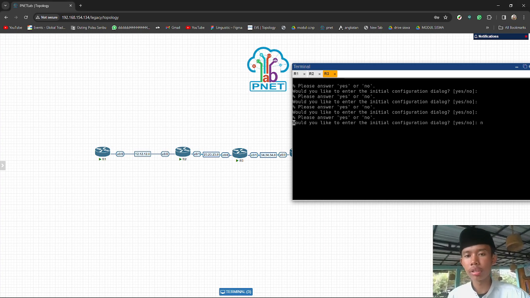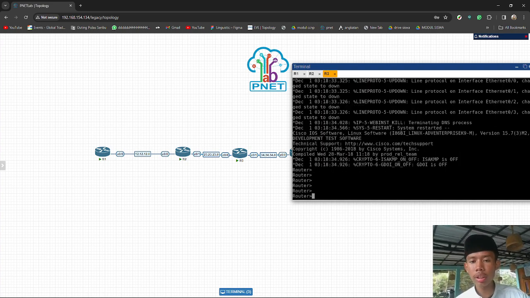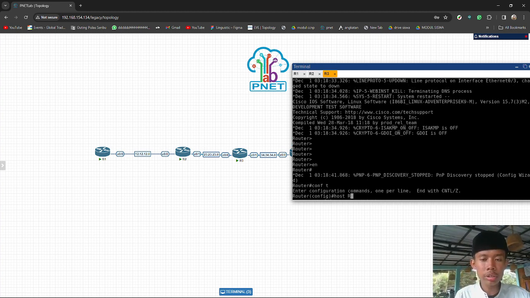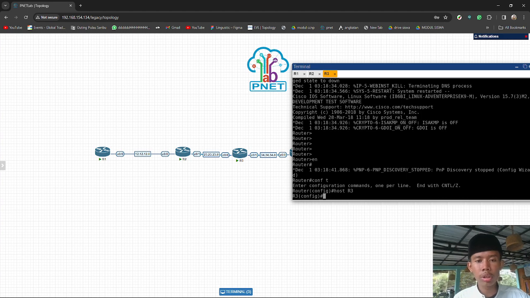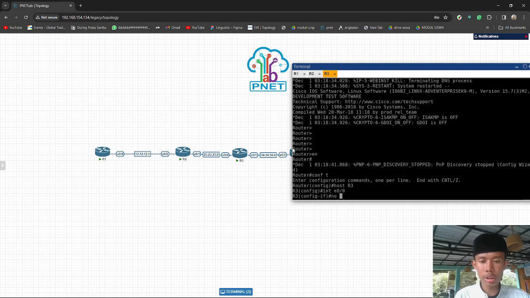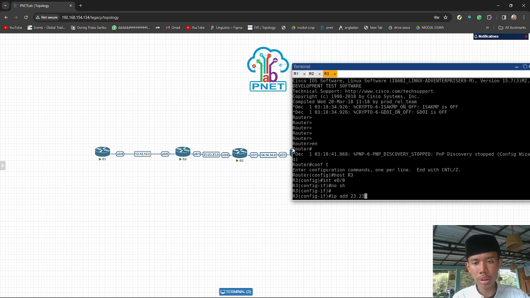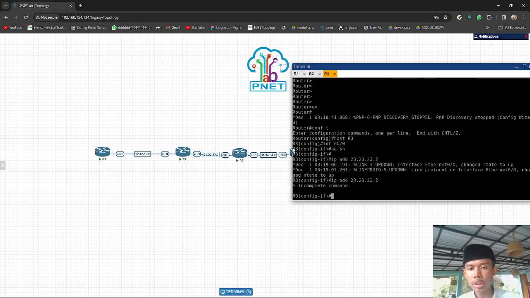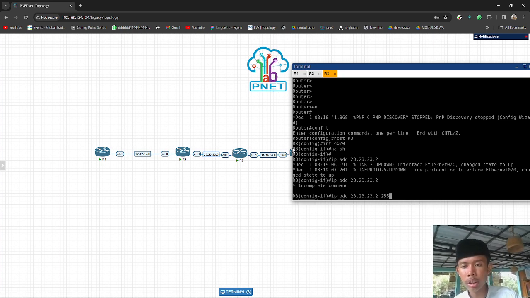It's loading. Sometimes it takes a long time, and once the loading is done, do the same thing as on the first and second routers, starting with the hostname configuration. Hostname R3, and do the addressing on interface E0/0 and E0/1. E0/0, no shutdown, IP address 23.23.23.2 with the subnet mask.